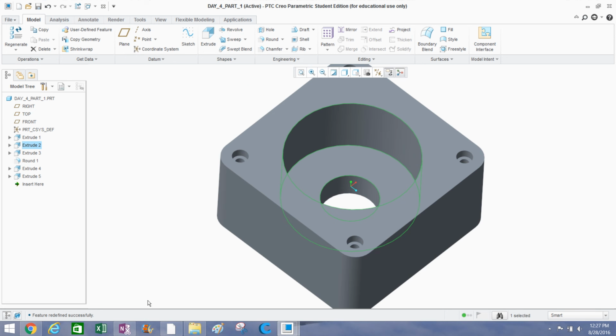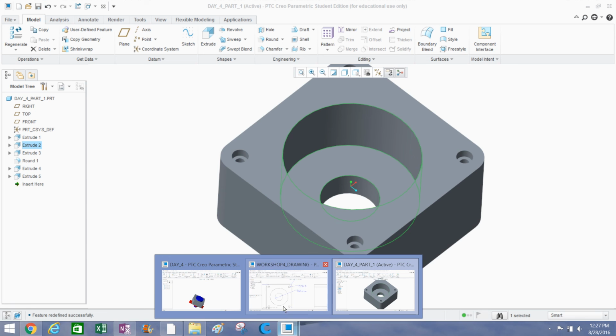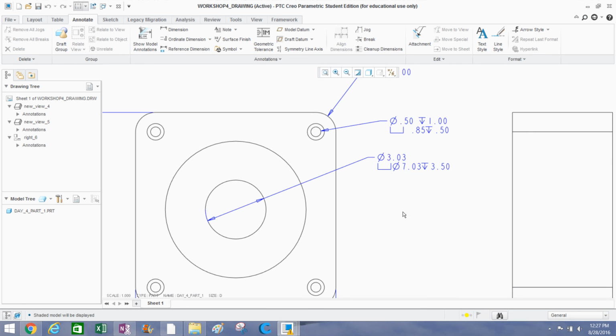So let's go ahead back to the drawing, and you'll notice it's automatically changed to 3.5. So what you're looking at here is something called the dimension being parametric. It means that the dimension in the drawing is being driven by the dimension in the part. Very important here. If I were to change this counterbore depth, this would always be the same because I typed that number, and I got, if I left click on here,